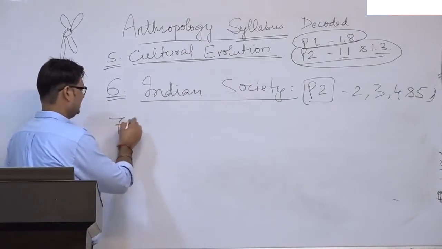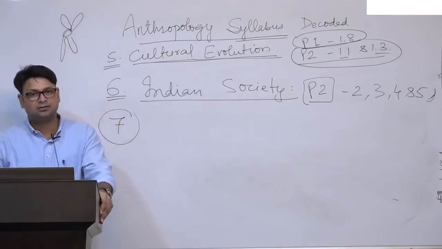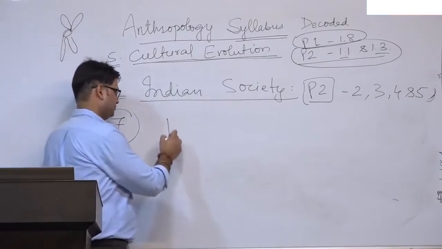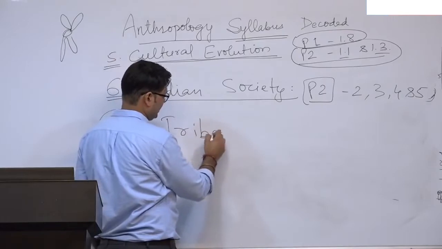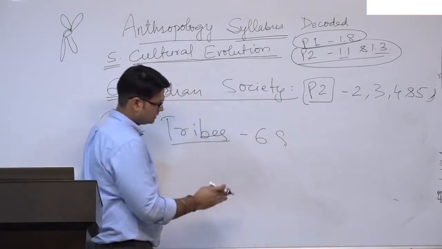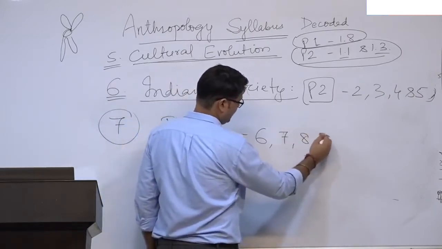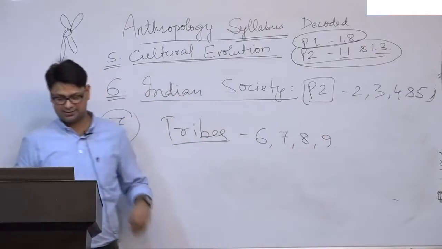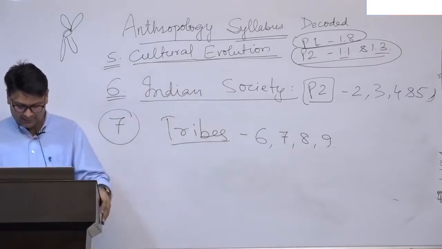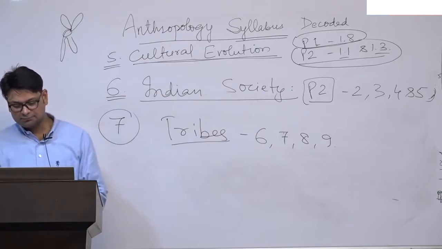So the seventh and the last portion is the tribal anthropology, or the study of tribes, Indian tribes, in which we have 6, 7, 8, and 9. These 4 units. So let me come to these 4 units slowly. Okay, so